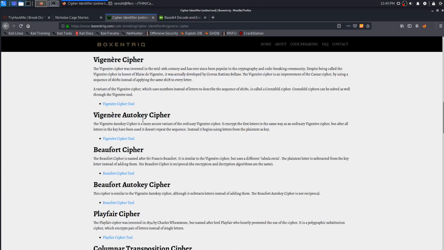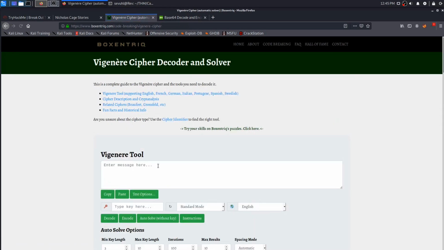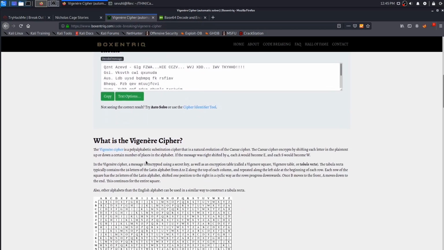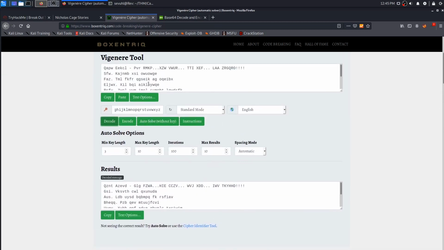So now we can go into the Vigenère cipher tool, and we can input the text, but we're going to need a key. We could try something like ABCDE, FGHIJ, KLM, NOP, QRS, TUV, WX, Y, and Z, and decode, and that obviously does us no good. So we need to find the proper key so that we can decode this text, and hopefully we can find